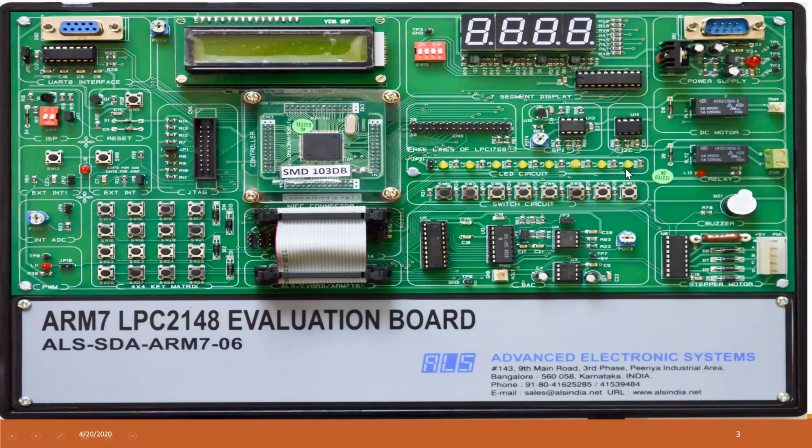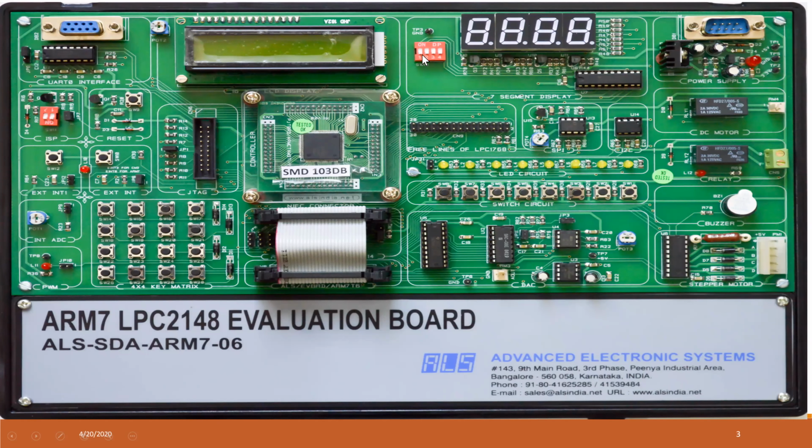Okay, so these are the 8 LEDs, and today I'll be explaining programming the LED, that is blinking the LEDs. So first these 8 LEDs will be on for some time, again you will make them off and then again on. So this will be continuously repeating. And then the second experiment I'll be explaining is the 7 segment display. Okay, so you know what is meant by 7 segment display. Internally it is nothing but it contains LEDs. Okay, so these are the 7 segments, and here the program is, you should display from 0 to F.